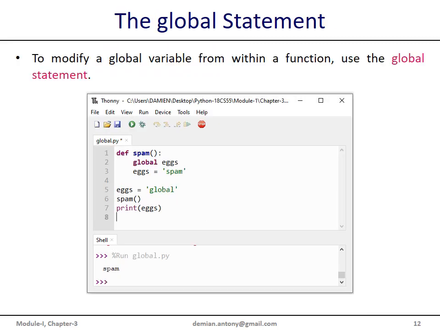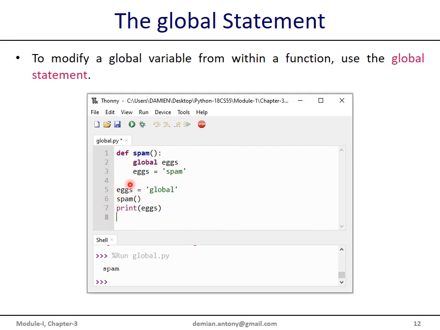As I said earlier, the global variable is accessible within the function. Can I modify the global variable within a function, within the local scope? Yes, it is possible with the use of the global statement. Let us take up the example here. We have a function called spam, and we have a global scope here.